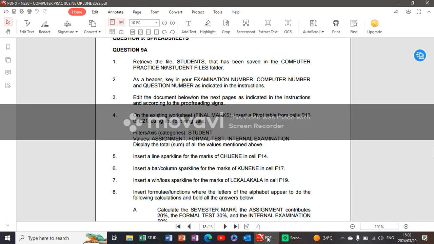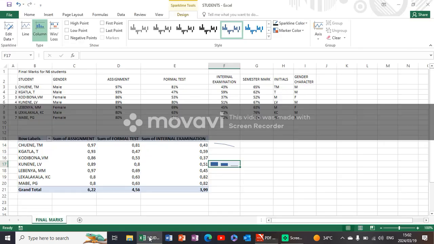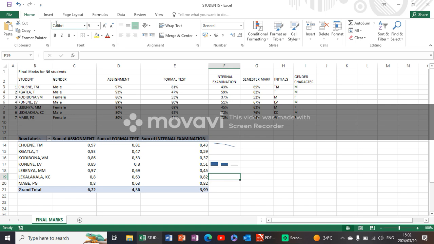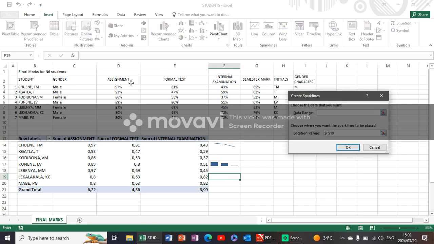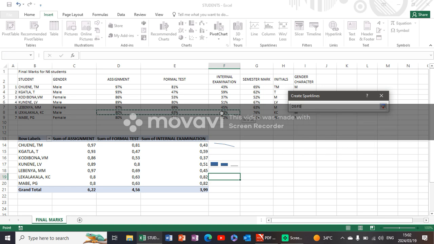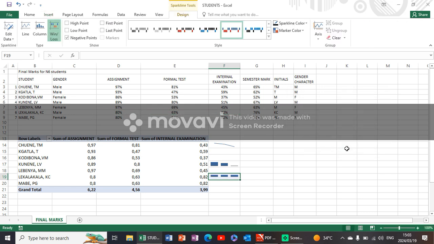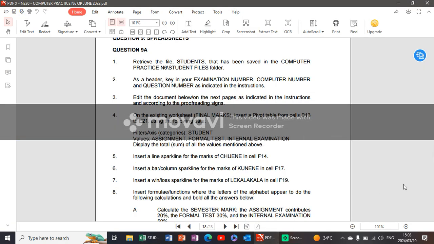Then instruction number 7. Insert a win-lose sparkline for Kalakala in F19. You go to F19, okay, and insert win lose. You check the color here, you highlight, okay, and then you say okay. Now that's it. Thereafter we are going to instruction